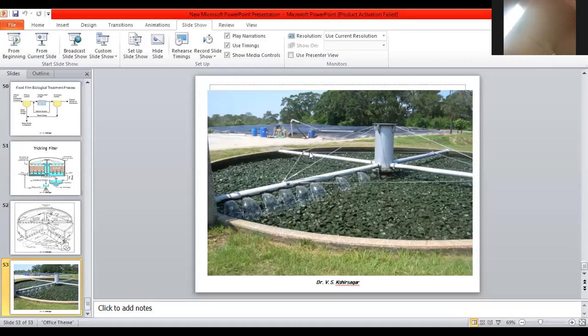This under drainage system sometimes acts as